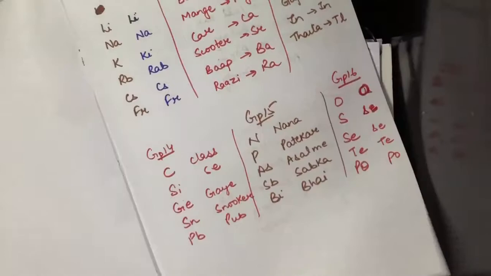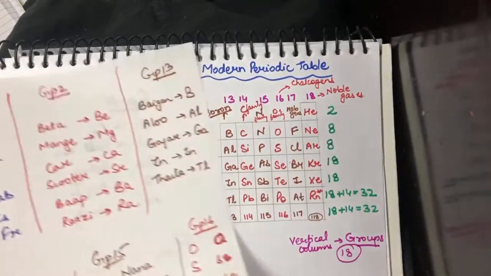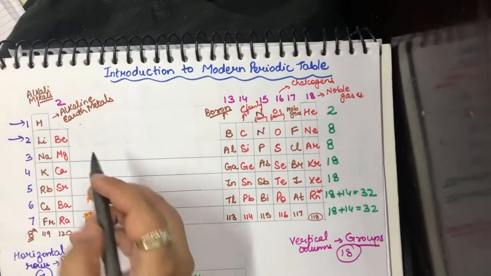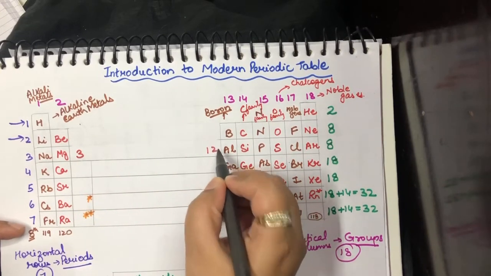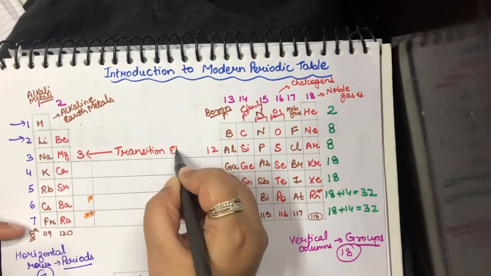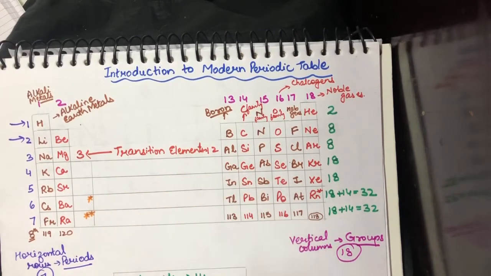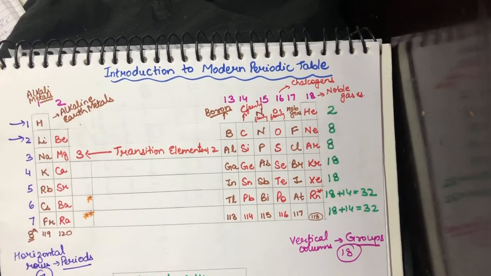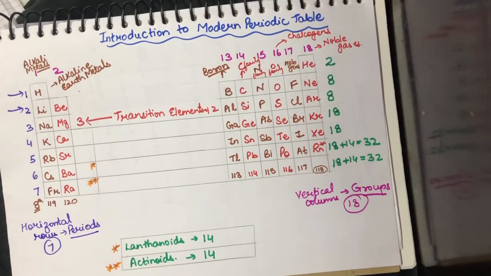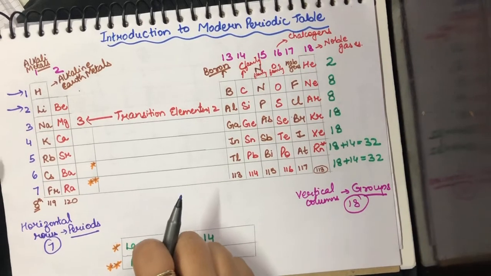So if you learn all of these mnemonics, I'm sure you can learn most of the elements in their proper group wise order for the periodic table. Now group third, from here to here, these are called as transition elements. And I don't think we need to talk much about it here right now, because I am more interested right now in telling you the basic tips and tricks for the modern periodic table. Now, the next thing that I need to do is I'll tell you the bifurcation of the periodic table as per their orbitals in which the last electron is entering.